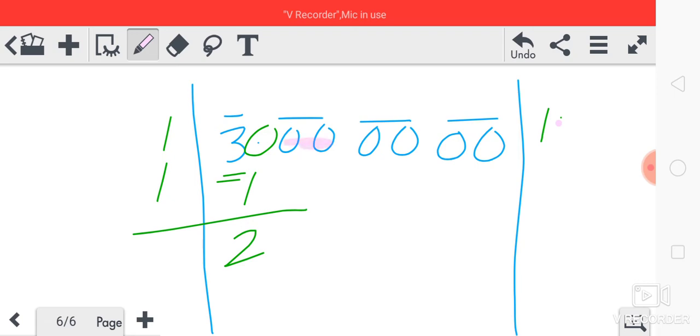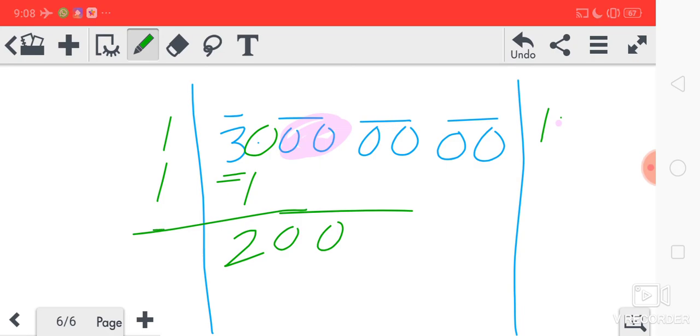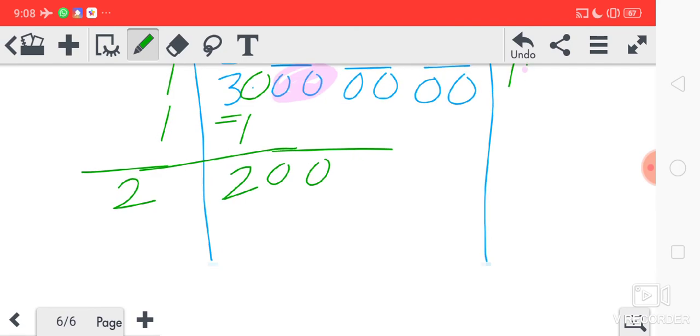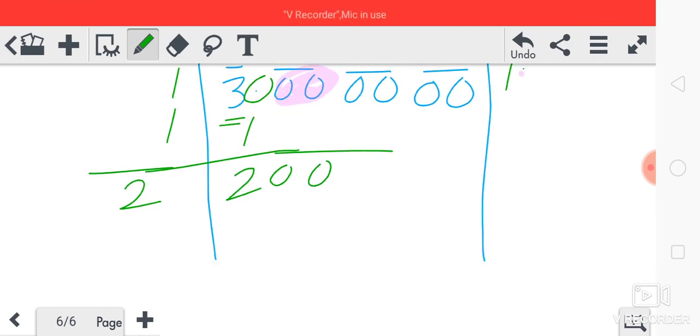Then these 20 will come down. Now this 1 plus 1 on the left side, how much will we get? 2. Now how many times should we take this 2, so that we get less than or equal to 200? We'll take 4 times, 5 times, 6 times, how many times? We can see here that if we take 9 times, then it will be greater.